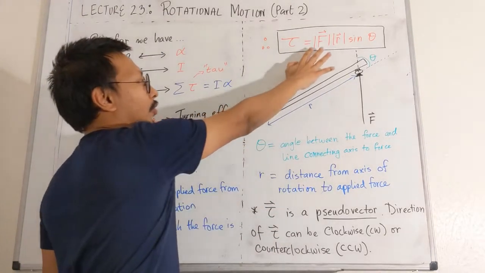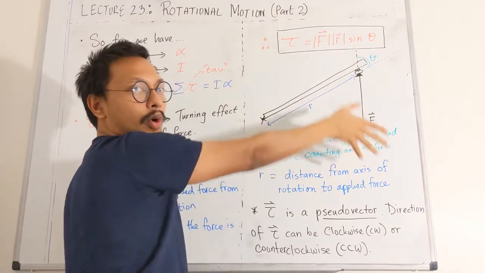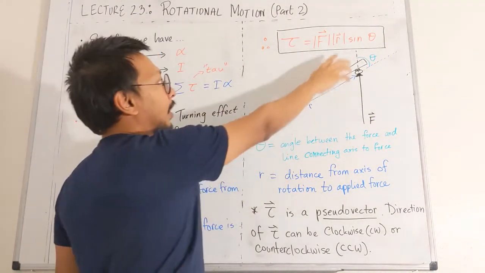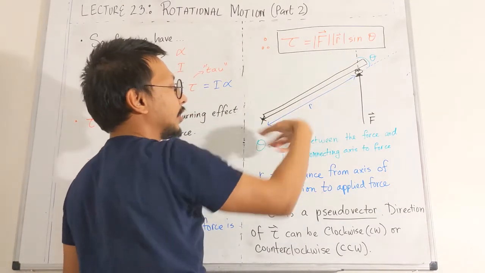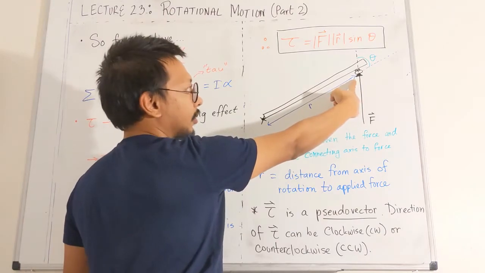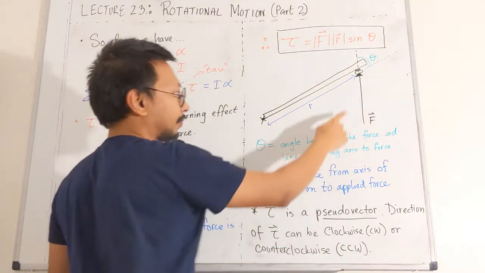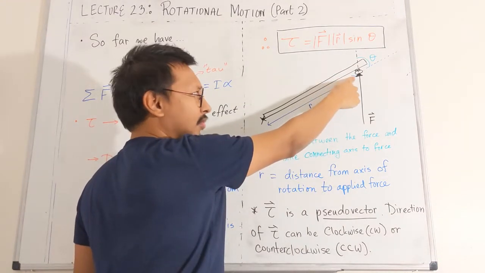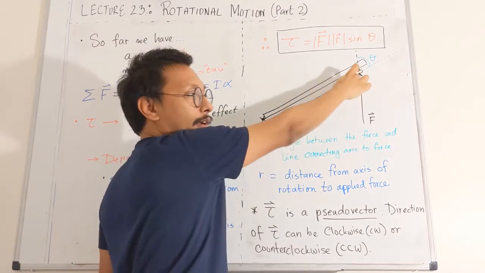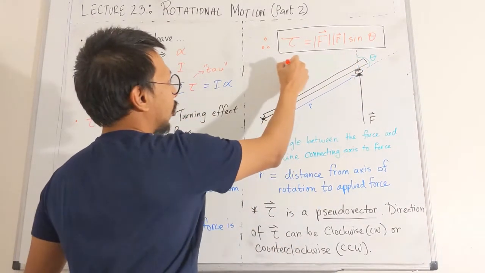Torque is equal to the magnitude of the force being applied to make something rotate or turn around a fixed axis, and r is the distance from the fixed axis of rotation to the point of application of the force, and theta is the angle that is formed between the force and the line that connects the axis to the point of application. And remember, theta should always be